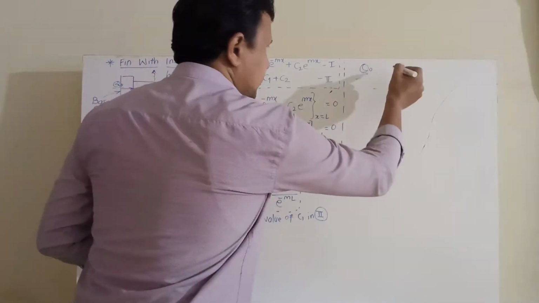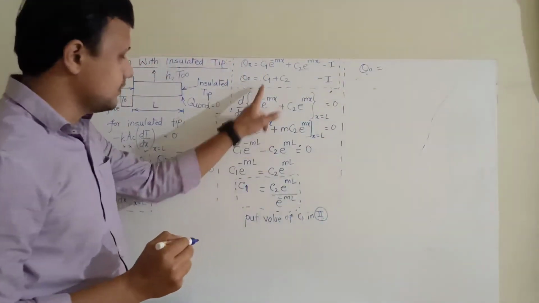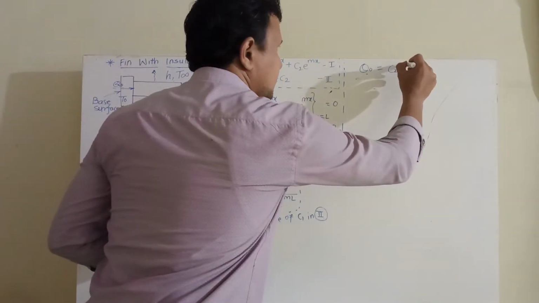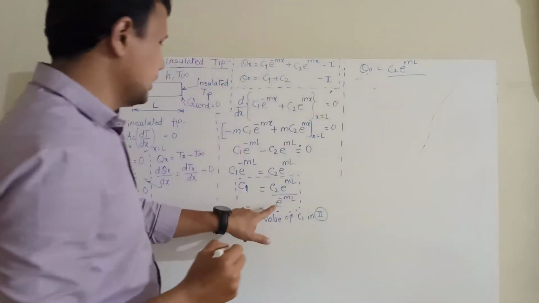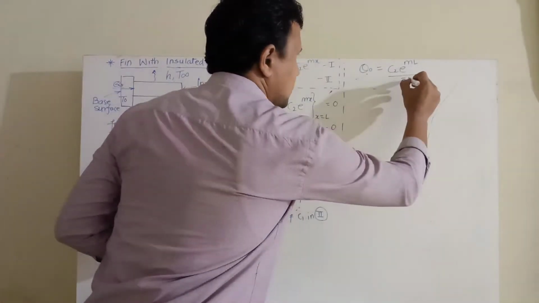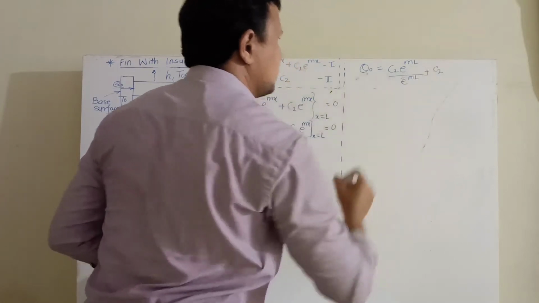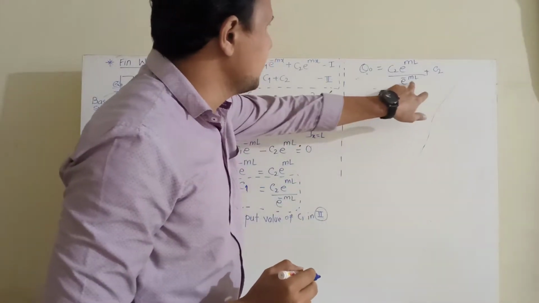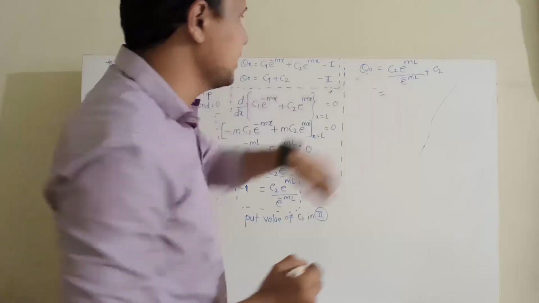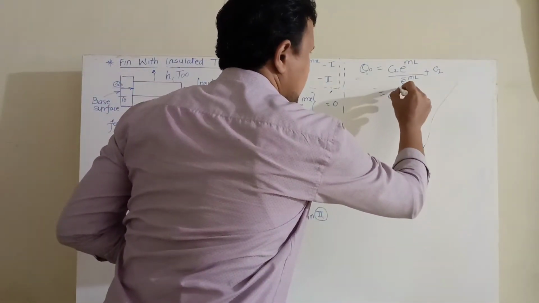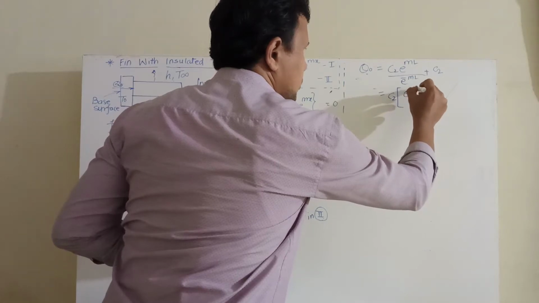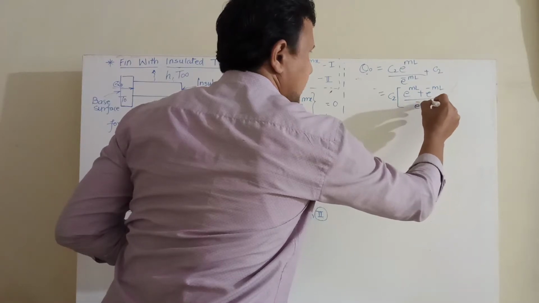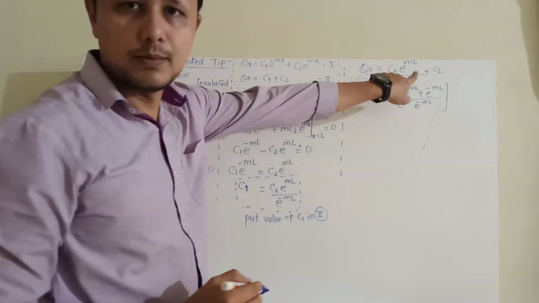Okay, so we get theta 0. Instead of c1 I will substitute this value. So I get c2 e raised to ml divided by e raised to minus ml plus c2. Okay, now after that I need to take this LCM. I can take this c2 out as a common parameter. So directly I can write c2 inside the bracket, e raised to ml plus e raised to minus ml, divided by e raised to minus ml. So I have skipped one step. I hope you will get it.